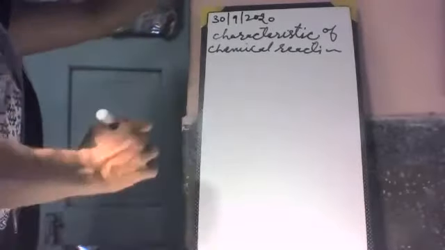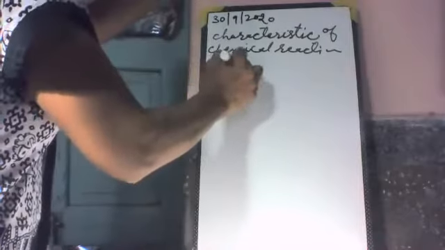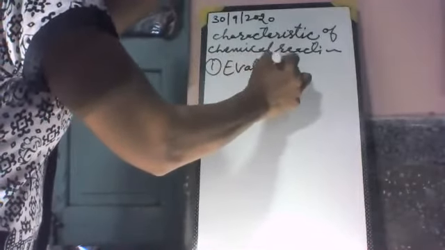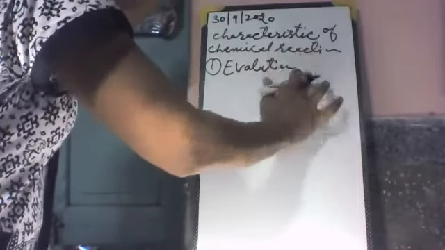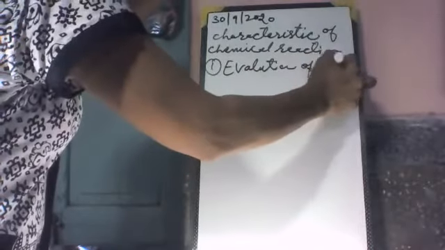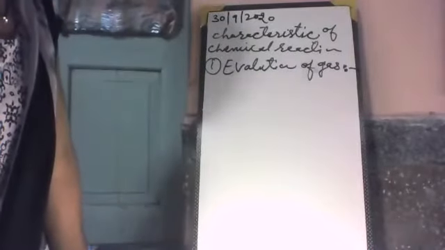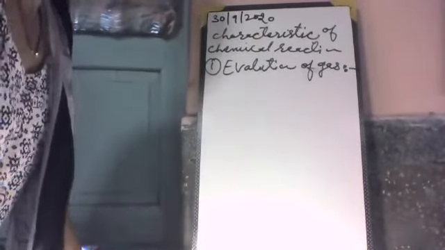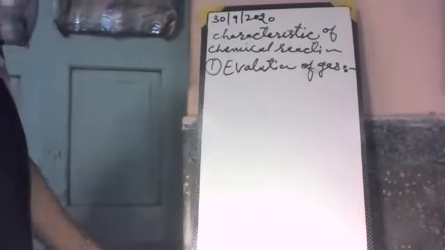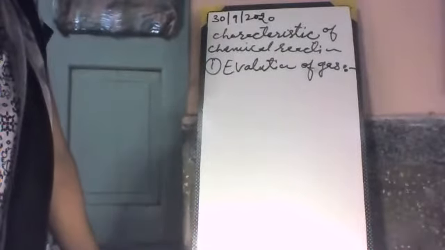Characteristics. Certain chemical reactions are characterized by changes that are quite easily observed. We can see them, we can observe them. Some of these changes are evolution of gas. In many chemical reactions, one of the products is a gas. If gas is the product in any chemical reaction, it